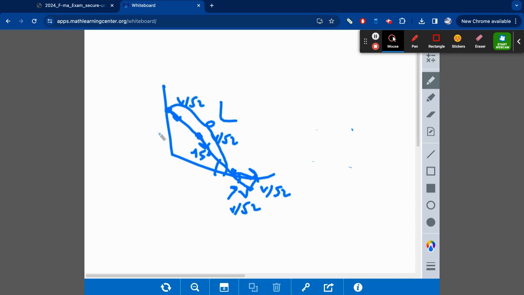Now, as for the case of this point, we know that the direction of its velocity, since it's moving directly down, is here. And since this is v over root 2, and it's making an angle of 45 degrees, we know that there has to be another component here with v over root 2, which means that the velocity of this point, which is moving directly down, is also v. So now, by symmetry, we have a point moving down with velocity v, and a point moving to the right with velocity v. Which means that for the middle of the rod, if we redraw this diagram,